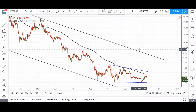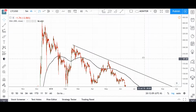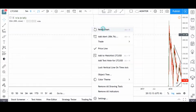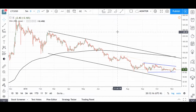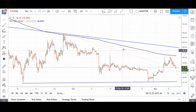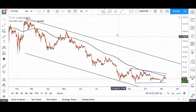Hi everyone. I thought it would be pertinent to take a look at Litecoin. Now, like Bitcoin, the trend is clearly down. So this is the high that we saw. Looking at the daily chart to give you a quick idea of what I'm talking about. This is the daily chart, and you can see the trend is clearly down from the high that we hit at 425. Now, going back to the 4-hour chart, you will see that I've drawn a channel, and the channel